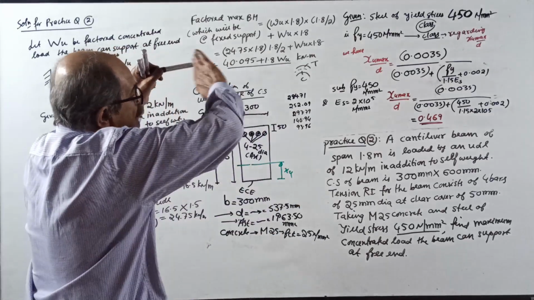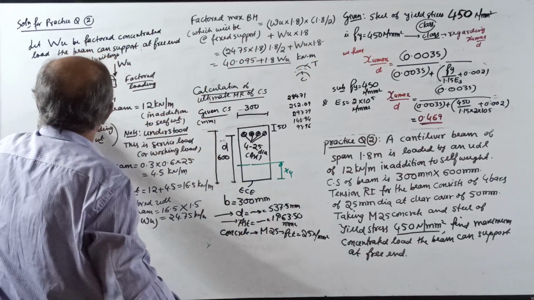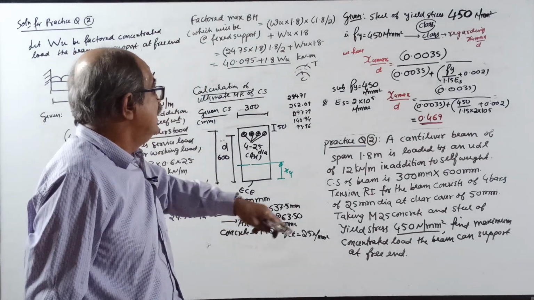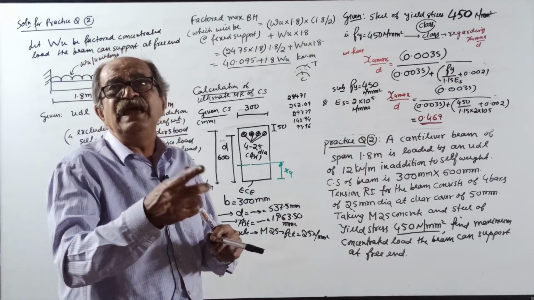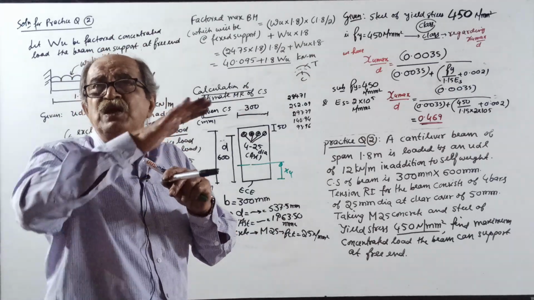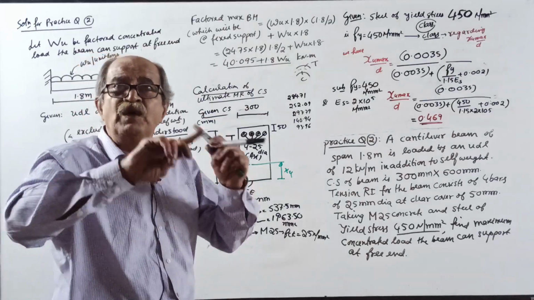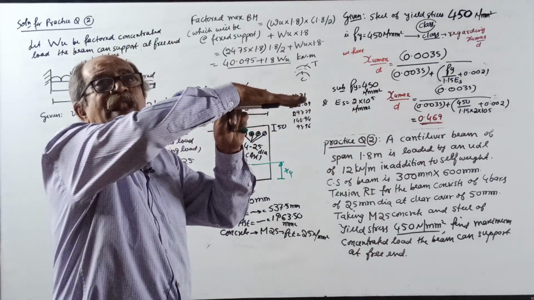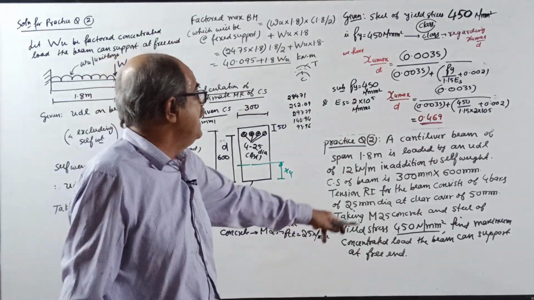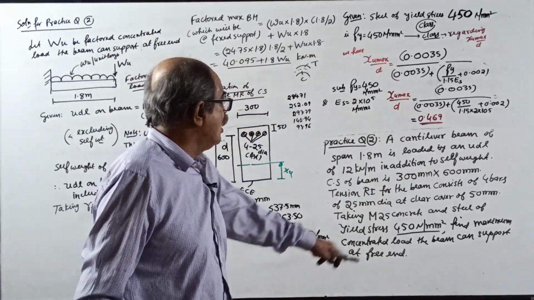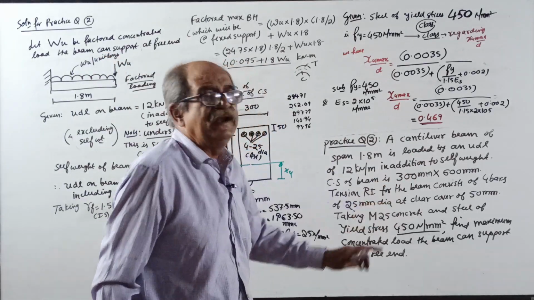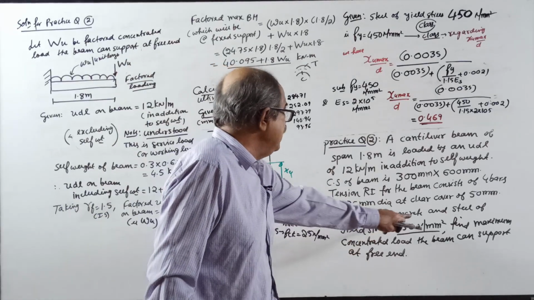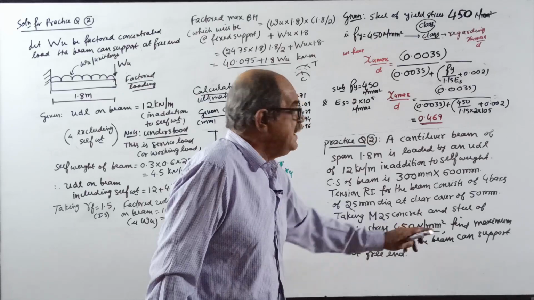There is a cantilever beam of span 1.8 meter. Last time it was already loaded by UDL and they wanted a point load. Now it is reversed. It is already loaded by UDL of 12 kN per meter in addition to self weight. Cross section is given, reinforcement is given, but there is one small twist: they told steel of yield stress 450 Newton per mm